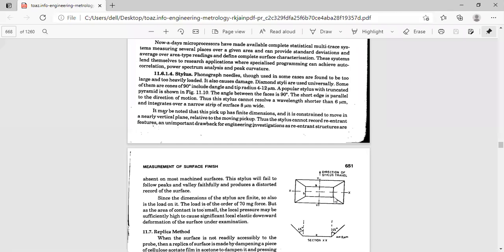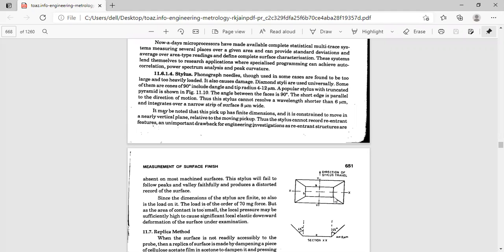Because the background theory is there, we try to study the closed loop control system, where we are having the servo motors in the x-axis, y-axis, and z-axis to control the motion of the machine tool. But here, the operator who was trained on the Taylor Hobson Talysurf or the profilometer or the Tomlinson surface meter will take care of the instrumentation setting. So this particular stylus, whatever we are having,